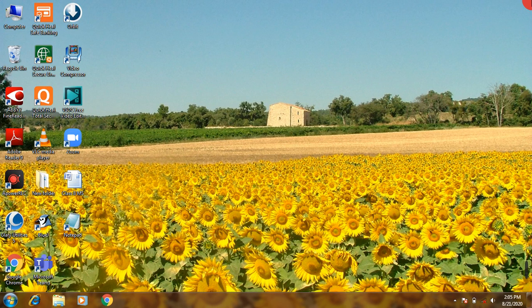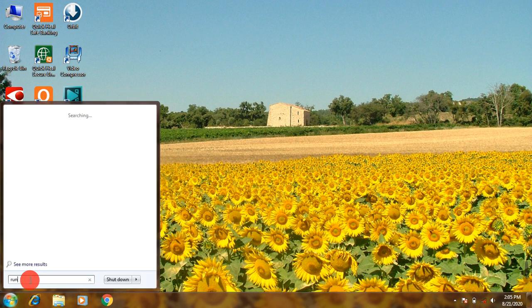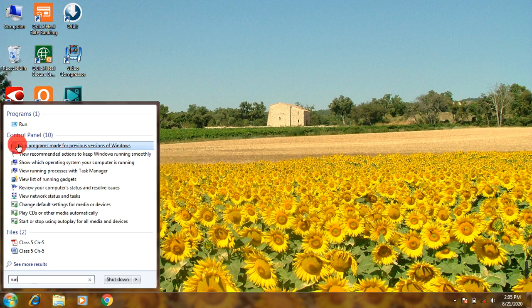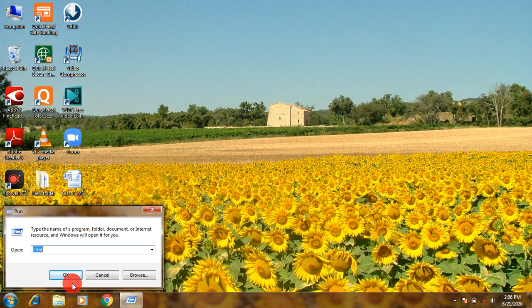So now I am going to show you how to use the run command in the computer. To access the run command, you have to type here run. So here you can see the run command appear, and in this box you can type a particular command to open a particular application.